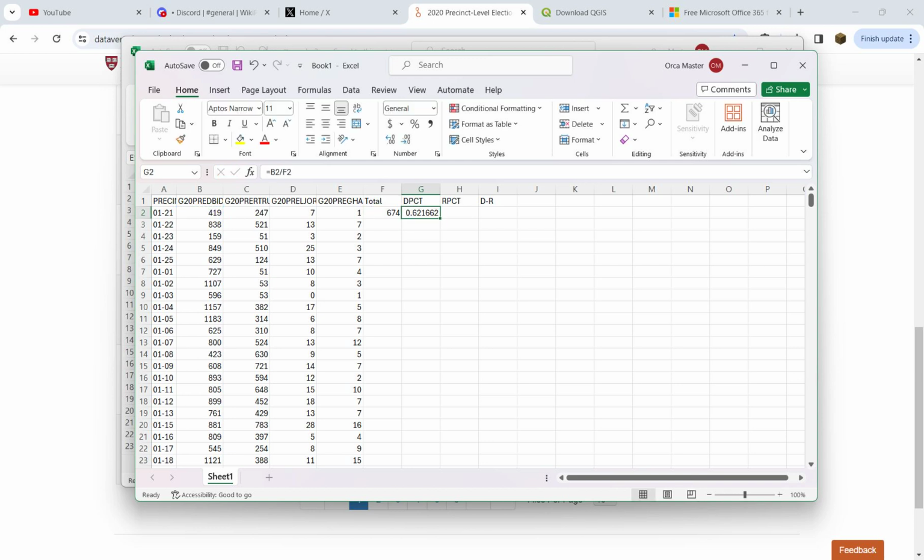So this should give you a number between 0 and 1, and it's basically the percentage that Biden got, but in decimal format. So yeah, since it's a number between 0 and 1, if you multiply this by 100, you get the percentage. So it looks like Biden got like 62.1662% in this precinct. For the R%, is going to be equals, and then Trump's total in the precinct divided by the total. Again, should be a number between 0 and 1, and it's the decimal form of his percentage in the precinct. So it looks like he got